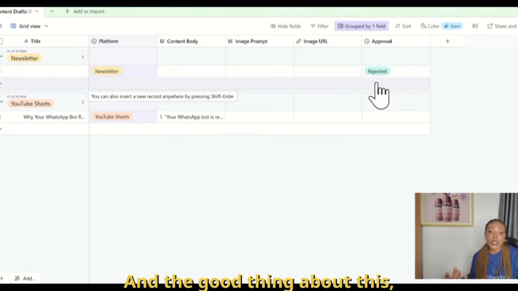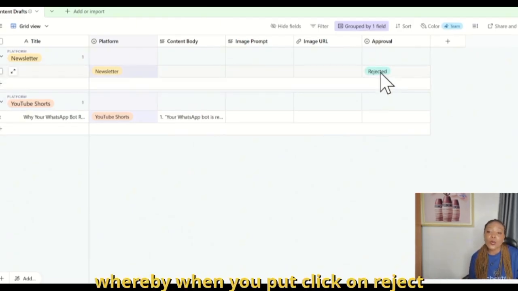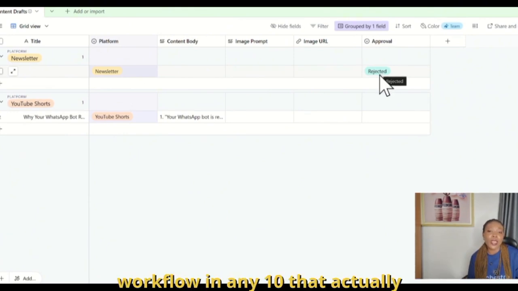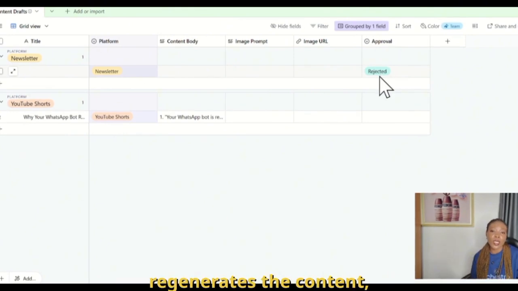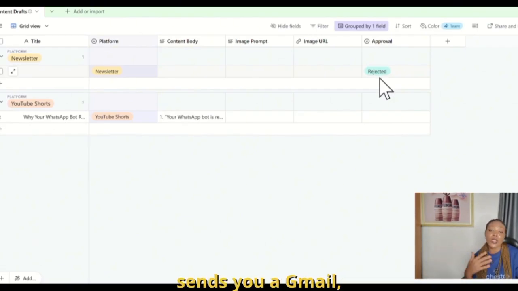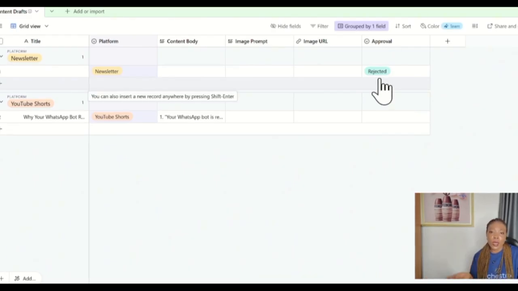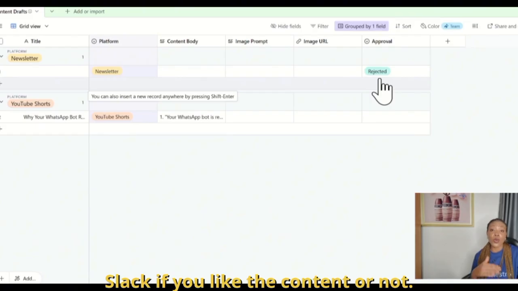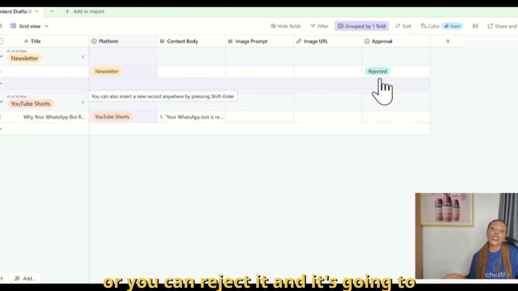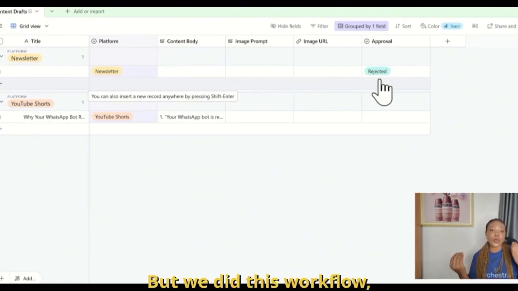And the good thing about using Airtable for this is that you can create another workflow whereby when you click on reject here, when the status equals reject, it immediately triggers another workflow in n8n that regenerates the content, adds it back to Airtable, then sends you a message in Slack or an email in Gmail telling you the content is complete. Then you can check from Slack if you like the content or not. If you like it, you can approve it from Slack directly, or you can reject it and it's going to be updated in Airtable. So these are things you can add to this workflow,